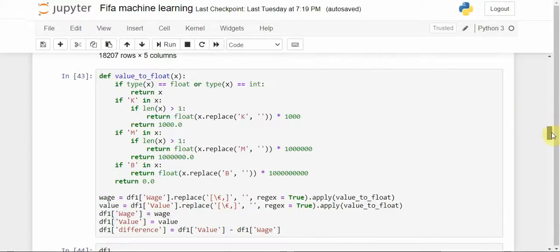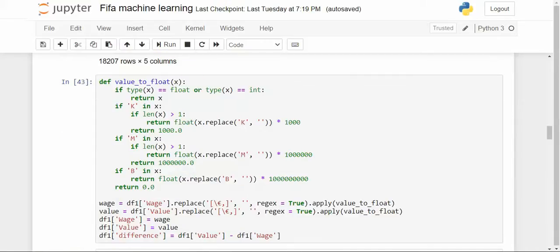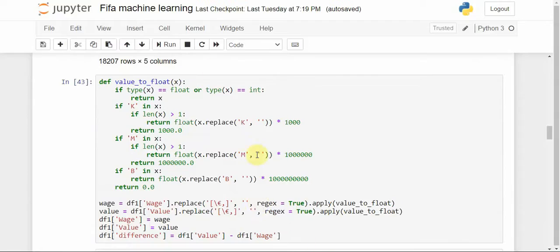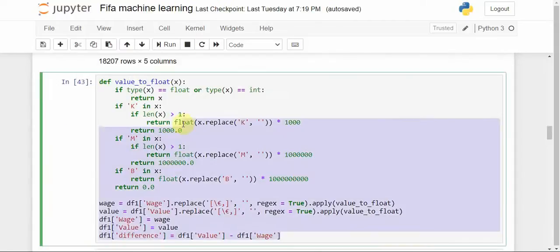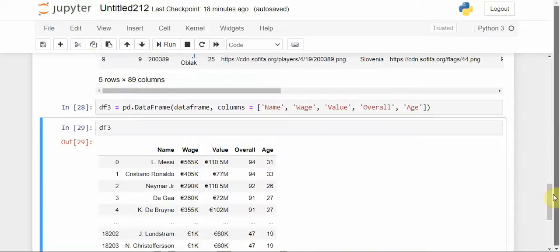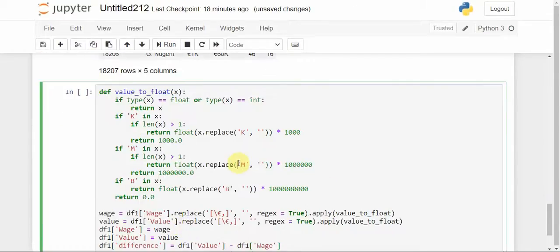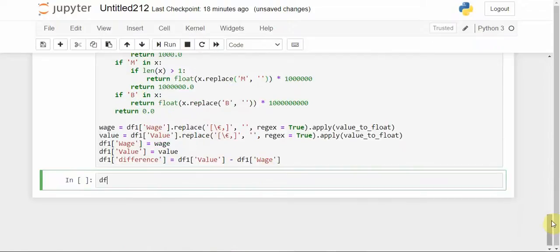Alright, now this is in euros. We want to convert it into normal rupees, and we also want to remove the millions and Ks. So there's this code over here which I'm going to import, copy paste basically. Alright, there we go. Now if you check df3,